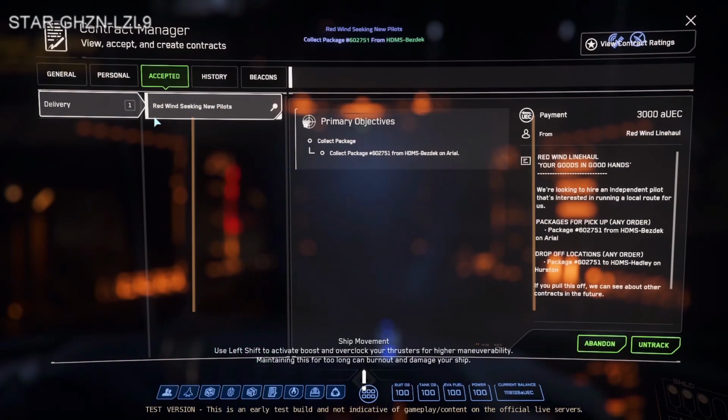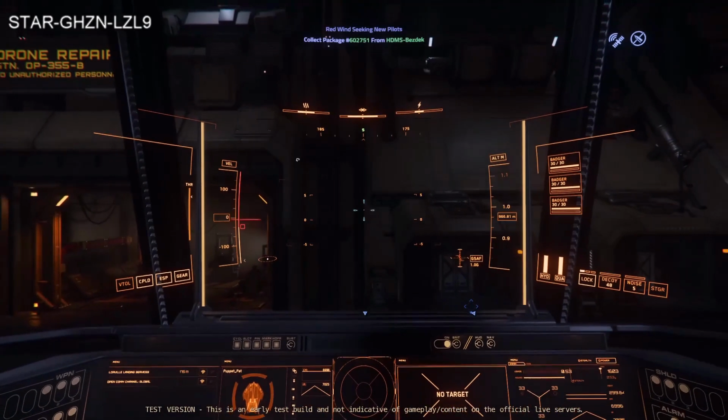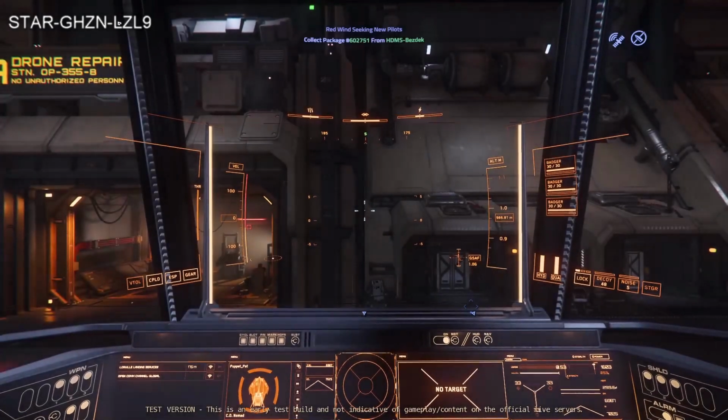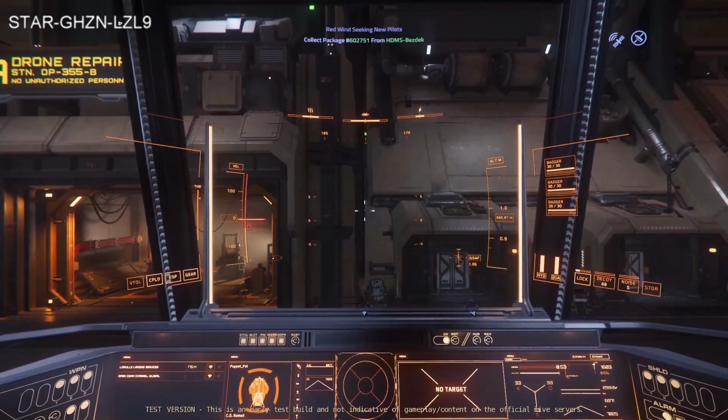Citizens, we are back in the PTU, and I'm going to do a Red Wind delivery mission. I could have chosen one of the newer retrieval ops, which takes a little bit of combat and takes you to some of the new locations, but I only have maybe 20 minutes, maybe half an hour. I'm going to do a really quick mission, one of the original delivery missions, just to check out how the new shader works, because, gotta remember,